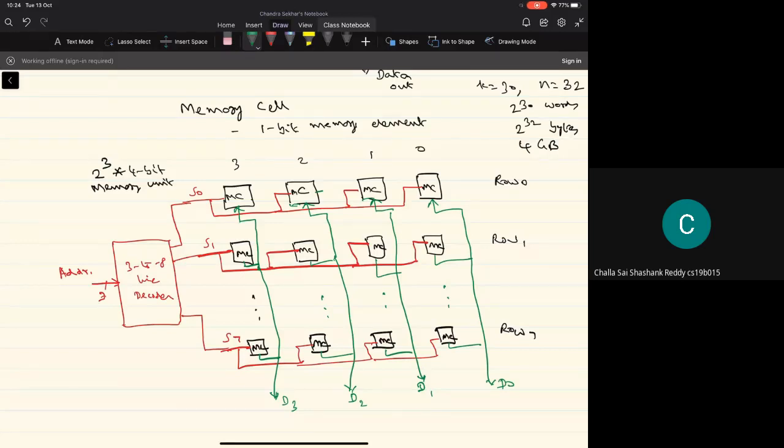Then the row where we want to perform the write operation will have the select line active. Then the memory cells will be able to perform the write operation. They'll take the data from the data lines and put the data in the corresponding cells. So basically, we see that we don't use a multiplexer or demultiplexer in the design of this memory unit. What we use is only a decoder, but still we need a huge size decoder. Let's say if k equal to 30.